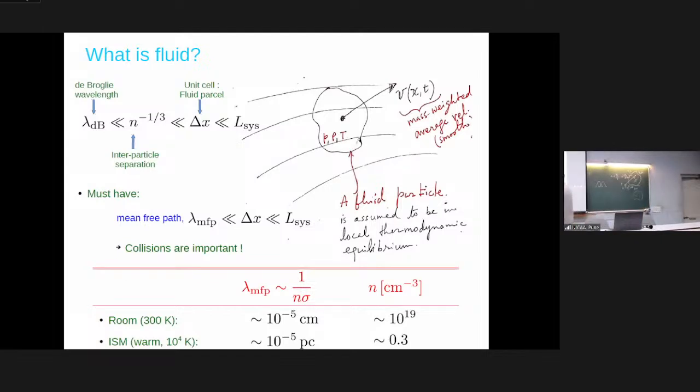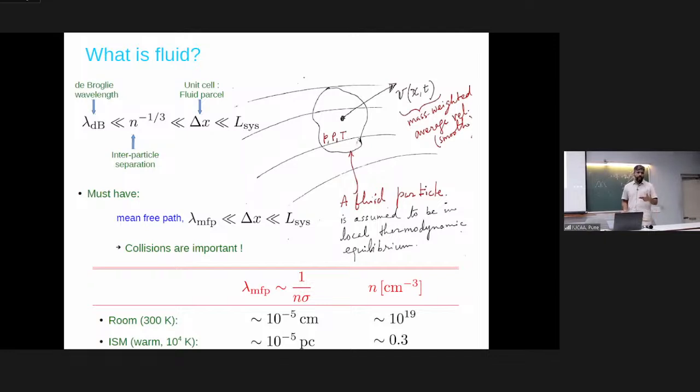So it will matter what number density I take. Just take the example of this room. You can work it out. Sigma is typically more like a Bohr radius. Only when the particles collide with each other do they interact. You can take some order unity factor of the area offered by a molecule as the cross section. The cross section is the probability of collision, right? So the probability of collision is typically the area that a molecule offers in a given environment. That of course also depends on the number density, how frequently collisions should happen. Put together dimensionally, the mean free path is 1 over n sigma.